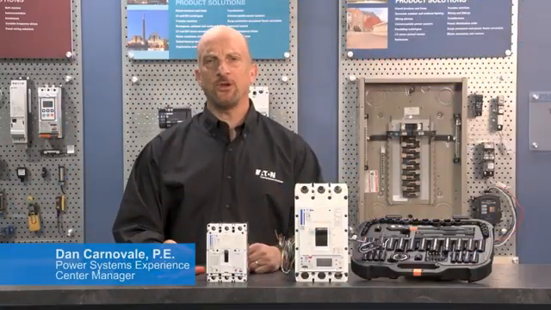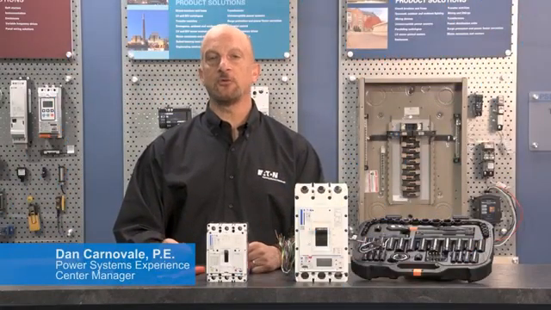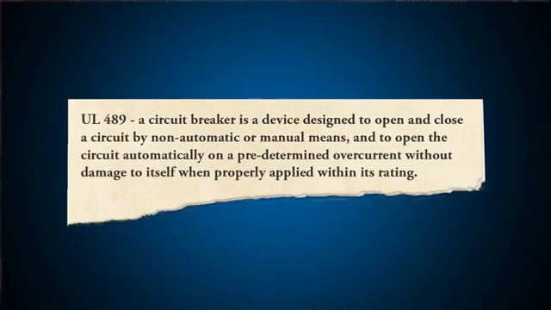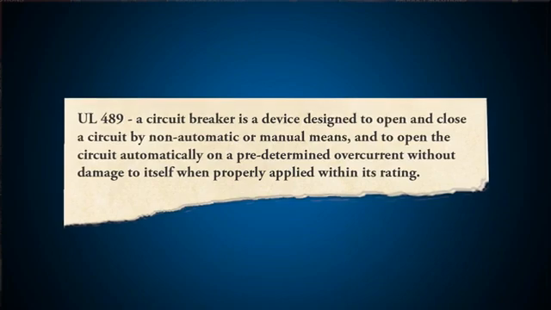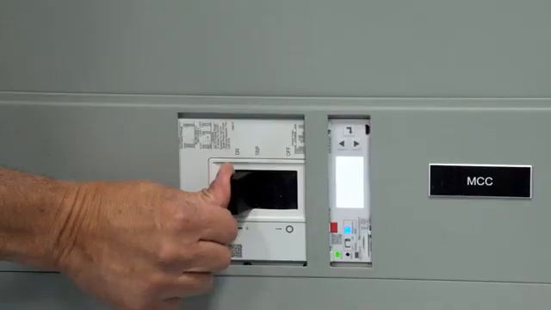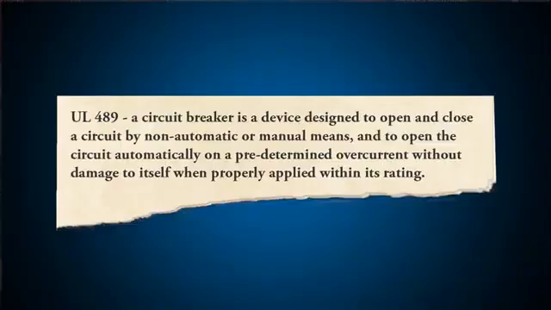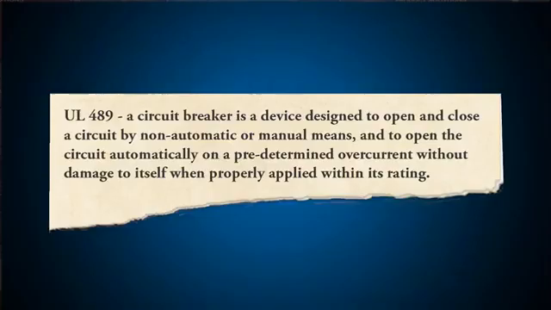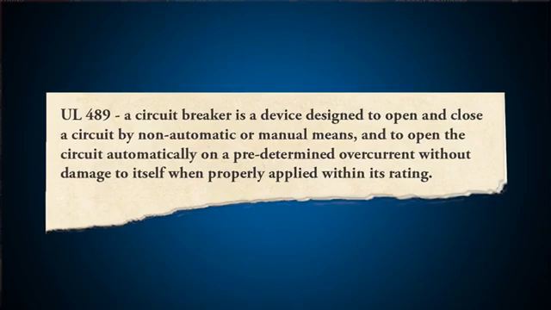So what is a circuit breaker and where are they typically applied on electrical power systems? UL 489 defines a circuit breaker as a device designed to open and close a circuit by non-automatic or manual means and to open the circuit automatically on a predetermined overcurrent without damage to itself when properly applied within its rating. They provide feeder and branch circuit protection for wiring and are designed for overcurrent protection for overload and short